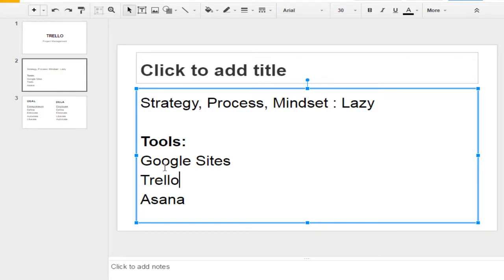However, lately I found out there's another project management tool called Trello, and I tried to use it, and it's even deadlier than Google Sites, which means that it saves more time compared to if I use Google Sites. One important concept is, of course, tools are tools lah. Most importantly, you have the mindset of process and delegation.